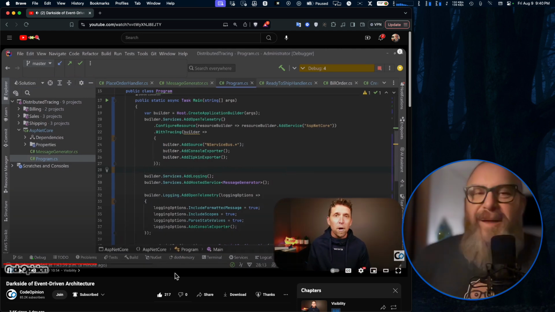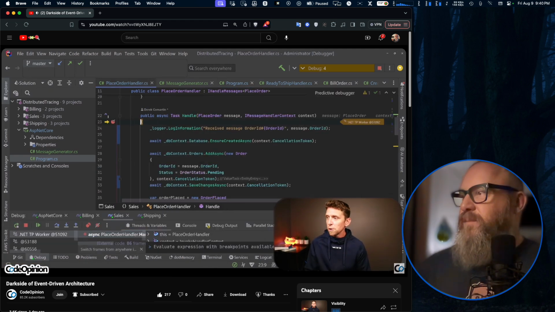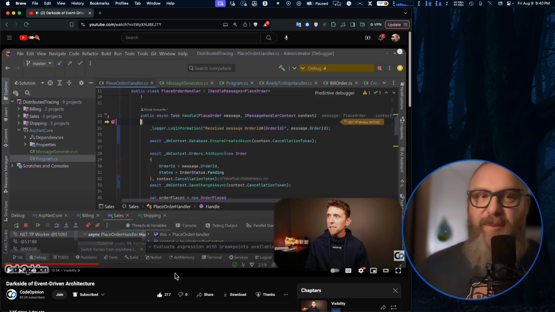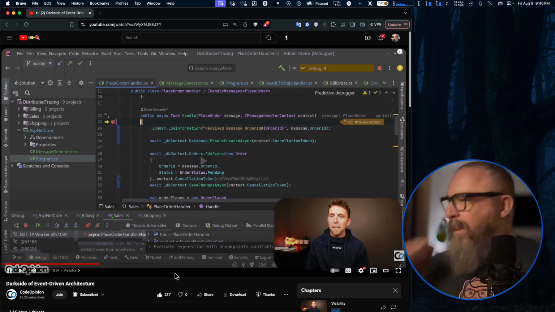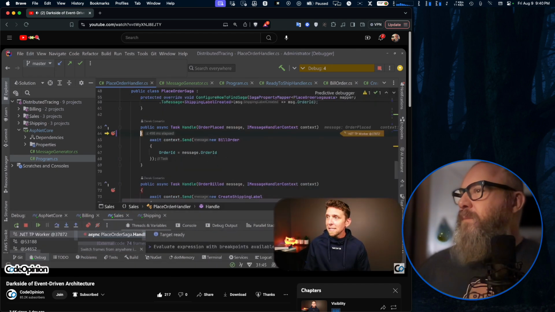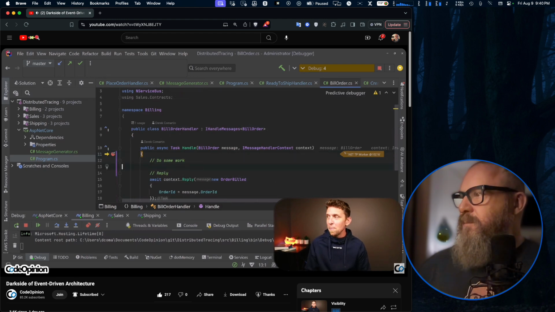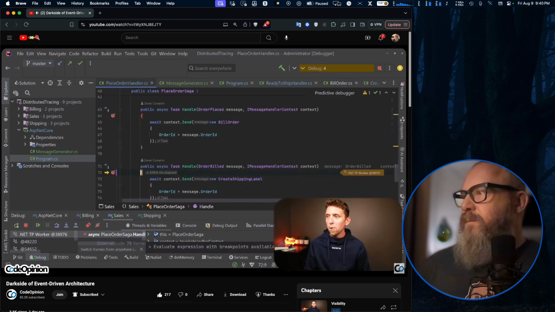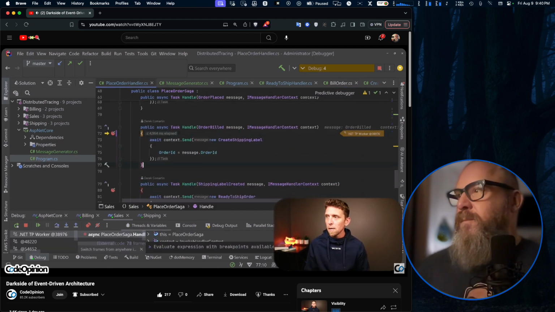But I'm just going to set a bunch of different breakpoints and run through this so you can see everything that happens. So the first thing, there's different libraries for C#. On Kotlin, we're going to use different libraries, but that does the same stuff. What happened is I'm placing my order, and I sent that command within Service Bus, and it's receiving it. Next thing that actually happens here is that now that we've actually placed our order, we're consuming the order place event and using an nService Bus Saga, we're now going to be sending the command to bill the order. I'm going to receive that on our billing side, which is a completely separate process. It's going to reply to that saying the order was billed. We're back into our Saga.